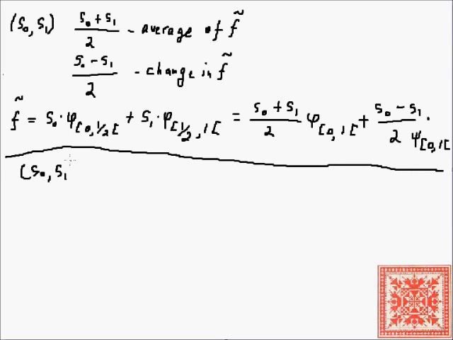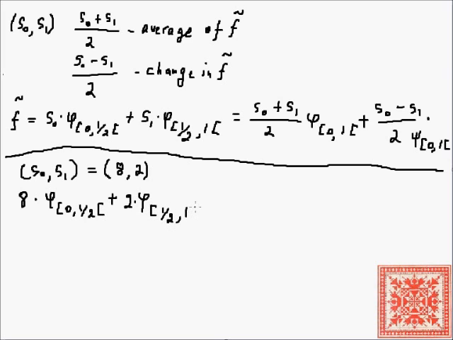So let's suppose that we have the sample 8 and 2. That's our approximating function. So the approximating function can be defined as 8 times phi from 0 included to half excluded plus 2 times phi from half included to 1 excluded,